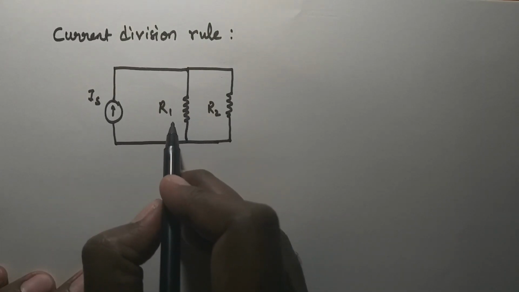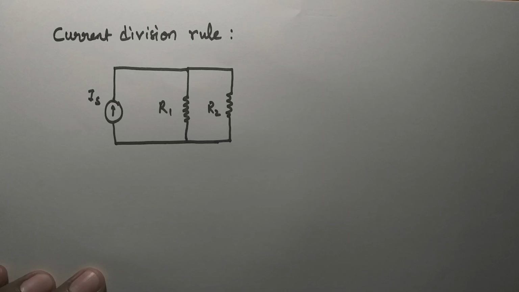So if we have to find out the current through any of these two resistances, then